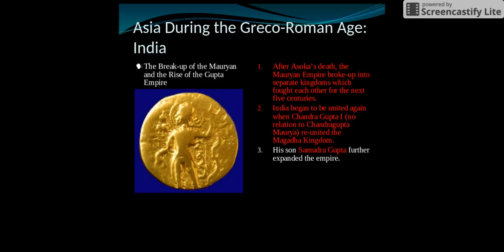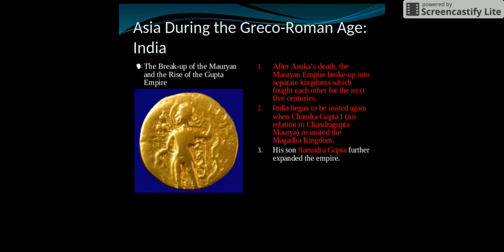So yesterday we left off with Asoka's death and the breakup of the Mauryan Empire into separate kingdoms. It's going to remain that way for about 500 years. So it's not until about the 4th century CE, as Rome's declining, that the Gupta dynasty is forming and India is being reunited, when Chandragupta I, who's not related to Chandragupta Maurya, reunites that old kingdom,